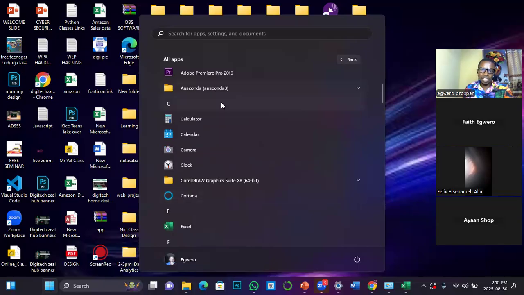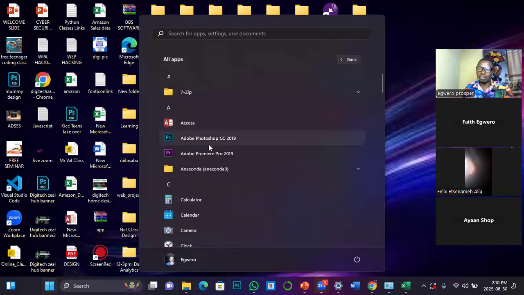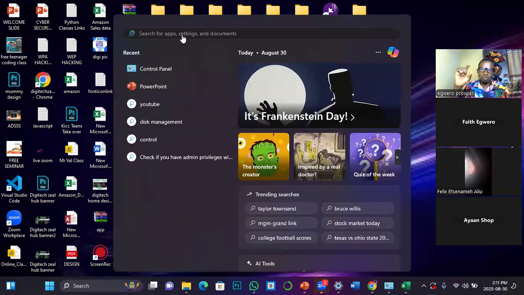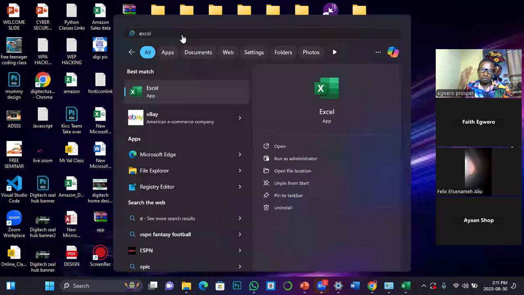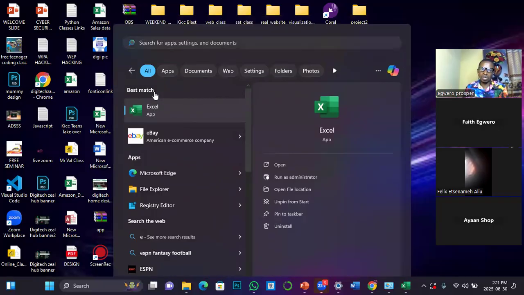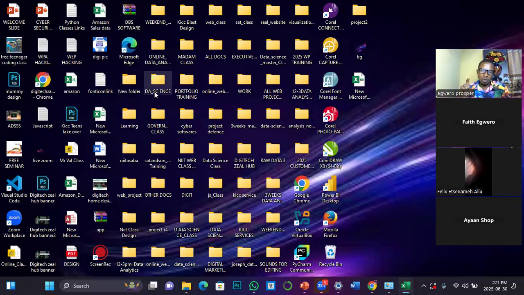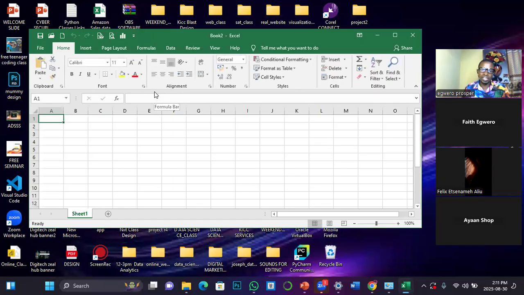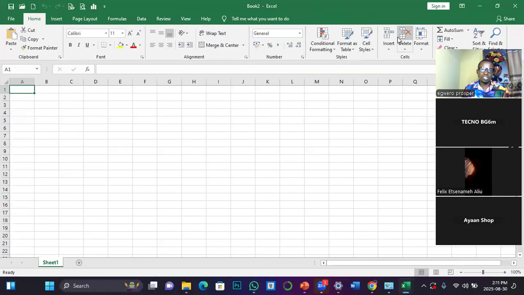So in this case, if I am finding it difficult to access Excel, you don't need to waste your time. Just come to the search here and use a keyword. That is another way you can search for an application within the Program Manager. Now just type E, letter E, and that will automatically pop up programs that start with letter E. So now I can find Excel. So I simply click, and now I want you to observe the way this is going to open Excel. You can see that it's automatically